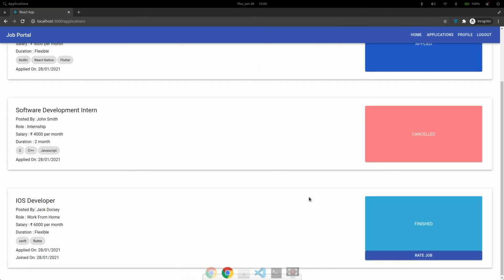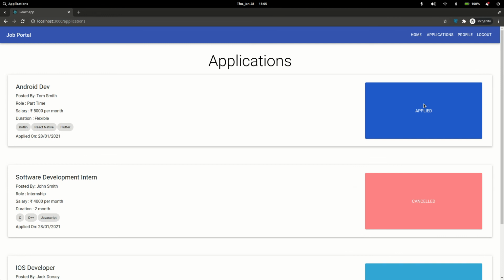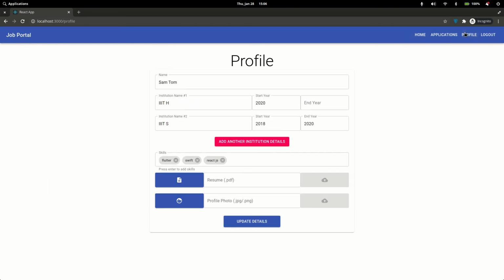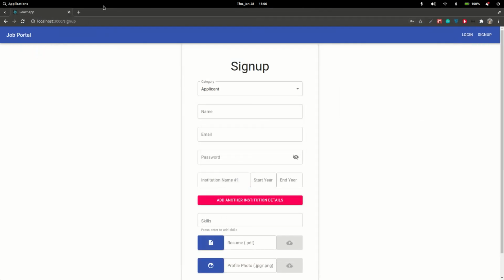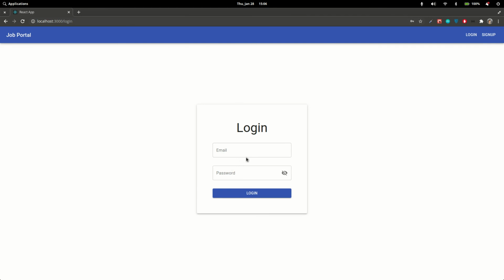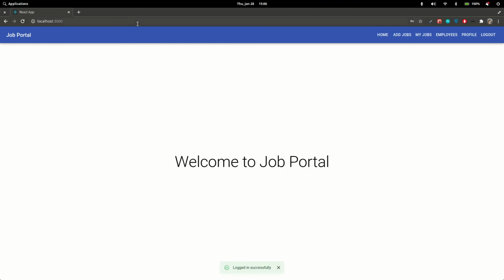Okay, so yeah, that's it. You can see all the skills which are required for this job, right? So yeah, this is the recruiter section which is open. I can log out from here as well. Yeah, I logged out successfully. I'm going to close this page, and this is the page where I am going to open, suppose, Jack's account again. So this is test, press enter. So yeah, now it's working.